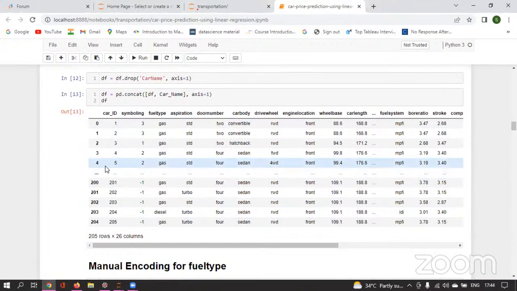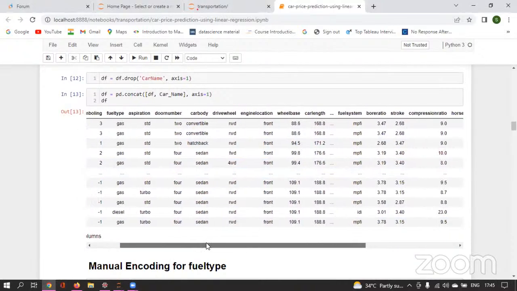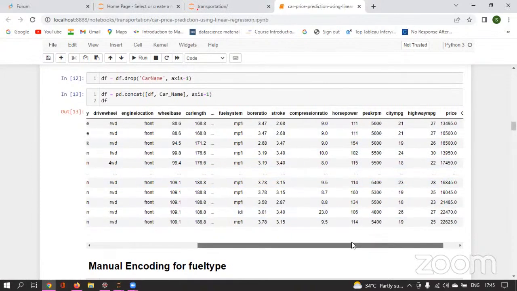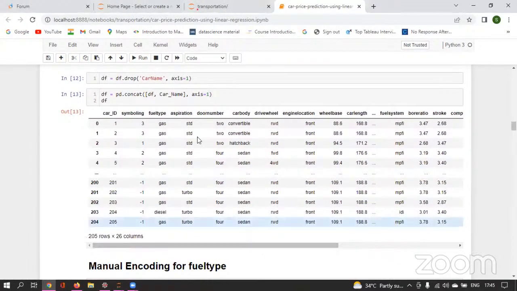So why is it not required? It is simple nominal data. It is not giving any information to find out the price of that particular model. So it is not necessary for us, so I'm simply dropping that one. And whatever categorical values I'll be having, what else do we have? These are all categorical features only, right?